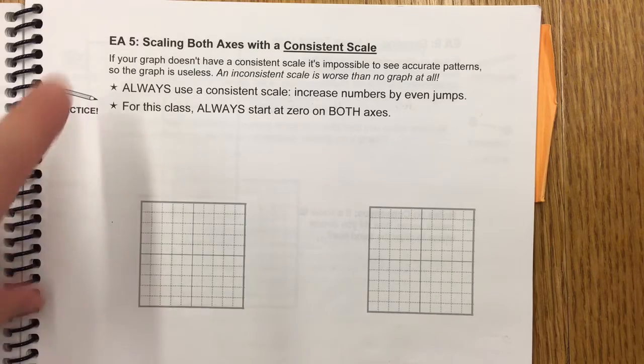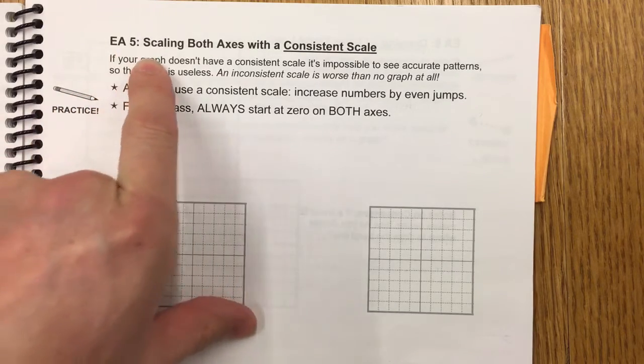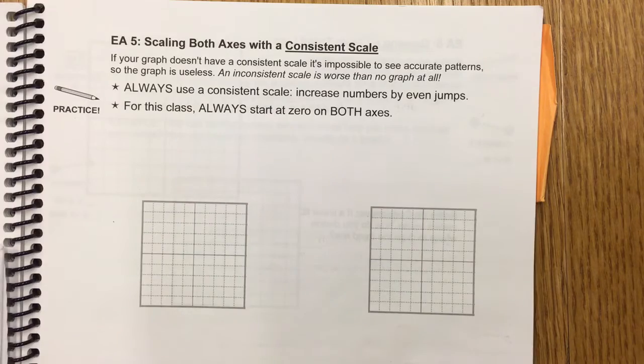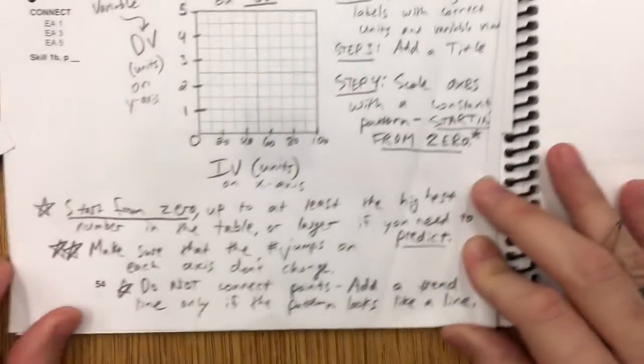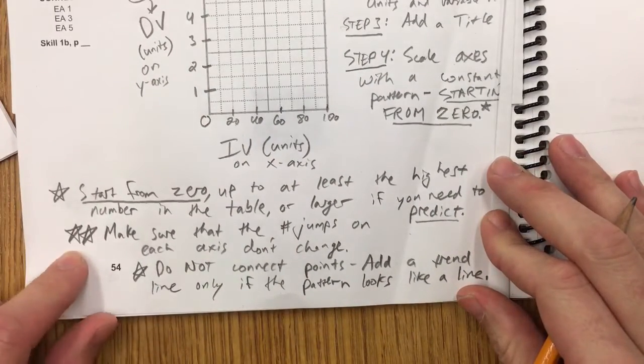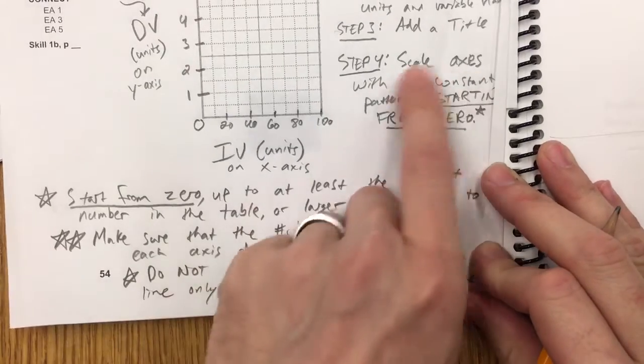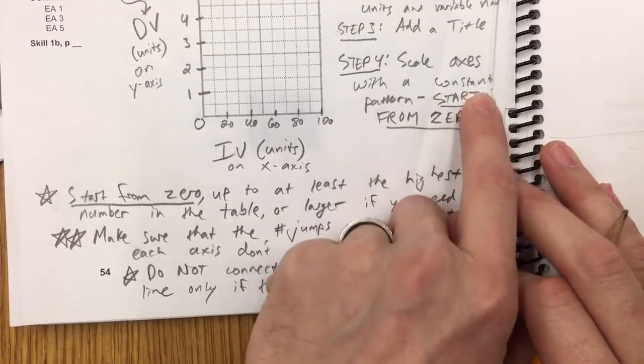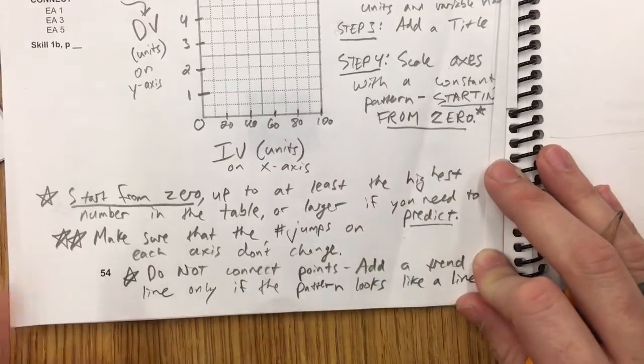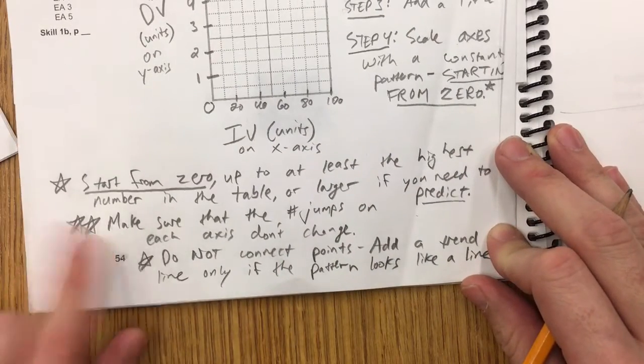Hello, this is our video for EA5 about scaling both axes with a consistent scale. We're kind of adding to what we started down here. That is step 4 on making a graph: scale axes with a consistent pattern starting from 0. We had some clues on how to do that,